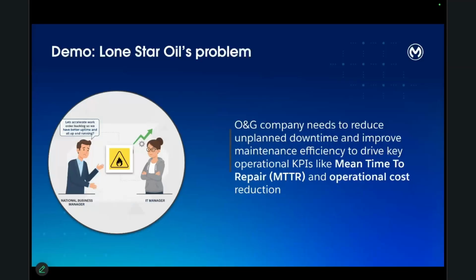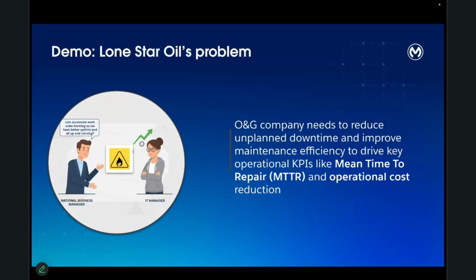All right, now let's go on to the part where I'm kind of good at in terms of solution engineering. However, I'm going to tell this demo in the context of a story. Imagine we've got an energy company, Lone Star Oil, and Lone Star Oil's operations executive wants to find a way to get better at handling the backlog of maintenance. There's a backlog of maintenance on the pipeline. There's a backlog of maintenance in the refinery, each with different priority levels and such. Each of them have different mean time to repair. And anytime there's an emergency or unplanned event, then that entire backlog needs to get relooked at.